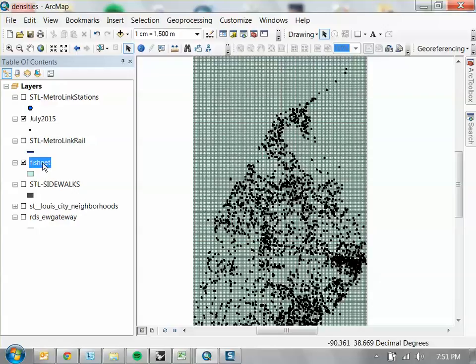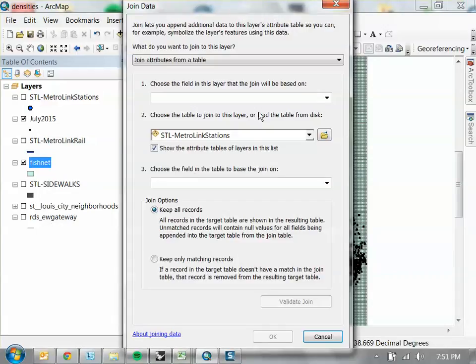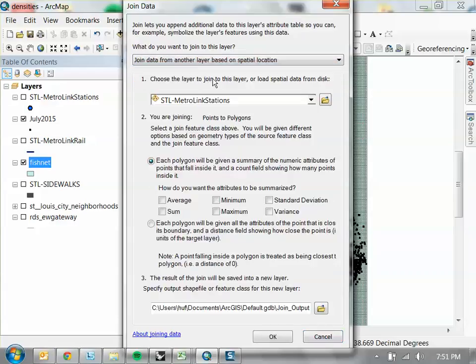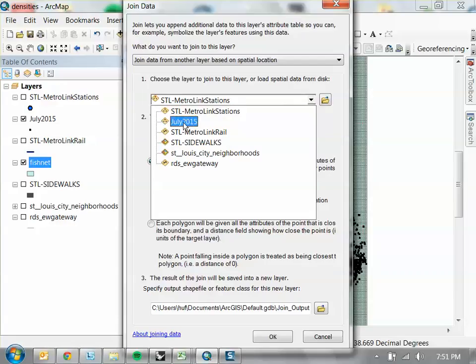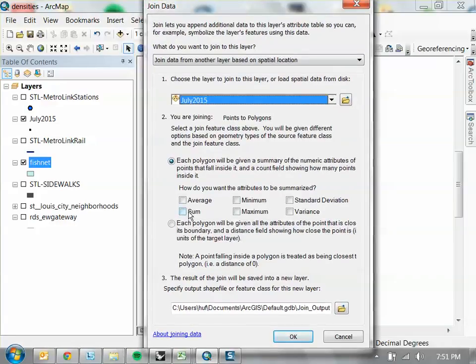Go to Fishnet, the new file we just made. Join. Spatial join. And we're going to use the July 2015 as the data we want to link. And make sure you click sum, so it's going to add all the points in the file. And then you can select location. I'm not going to bother picking location just for the sake of this tutorial, but let's just call this Fishnet